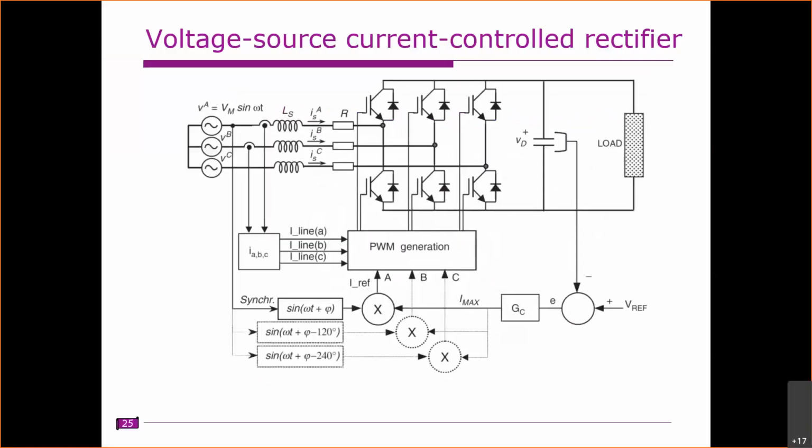So the idea is simple. Instead of measuring these voltages and dividing with its peak value, we have to use this phase lock loop. This phase lock loop gives you the frequency, phase angle, and the magnitude. With that available data, you need to reconstruct the synchronization signal for A phase, B phase, and C phase, right? So that is the idea. With this, if you have any distortions in the grid voltages, those can be partially addressed, right?